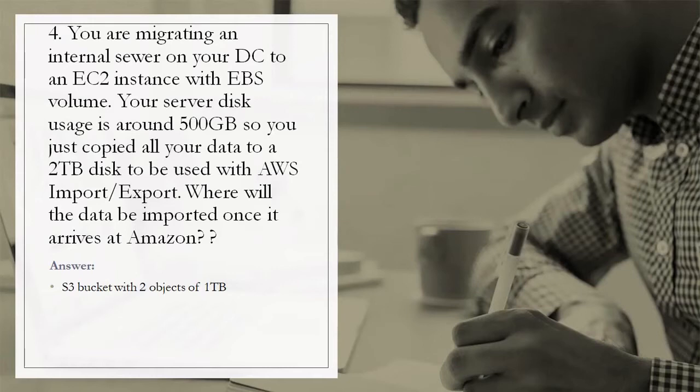Explanation: an import to Amazon EBS will have a different result depending on whether the capacity of your storage device is less than or equal to 1 TB or greater than 1 TB. The maximum size of an Amazon EBS snapshot is 1 TB. So if the device image is larger than 1 TB, the image is chunked and stored on Amazon S3. The target location is determined based on the total capacity of the device, not the amount of data on the device.